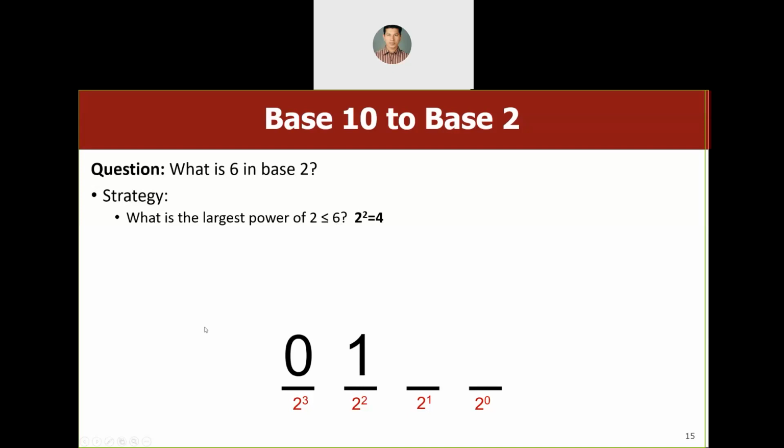Next, what is the largest power of 2 which is less than or equal to 6 minus 2 squared? Already we have taken 2 squared, which is 4. So 6 minus 4 is 2. So we have to find a power of 2 which is less than or equal to 2. That is 2 raised to 1, which is 2. So if you add 4 plus 2, it is 6. We have 6, the first number, minus 2 squared, minus 2 raised to 1, equal to 0.